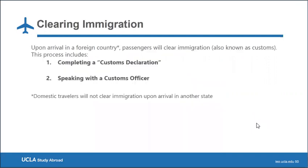When you're at passport control, you will clear immigration. This will happen anytime you're arriving at a foreign country or arriving from a foreign country. Anyone who's traveling domestically will not need to clear immigration. This includes anyone who's traveling to another state. So once you're clearing immigration, otherwise known as customs, you will complete a customs declaration form and you will speak